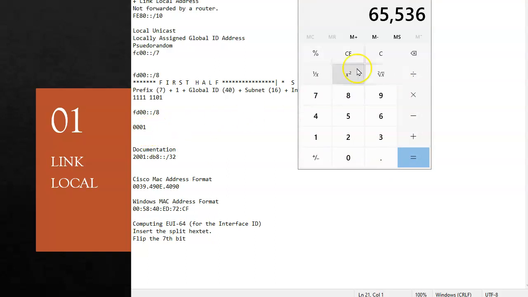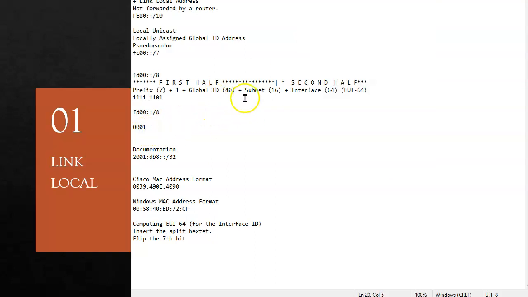So that gives me 65,536 actual networks just right here that I could create, with all this first 48 bits being a random number. Then I can dole these out for each particular local network that I want, and every device that's attached to that network is going to get this special value that's 64 bits.